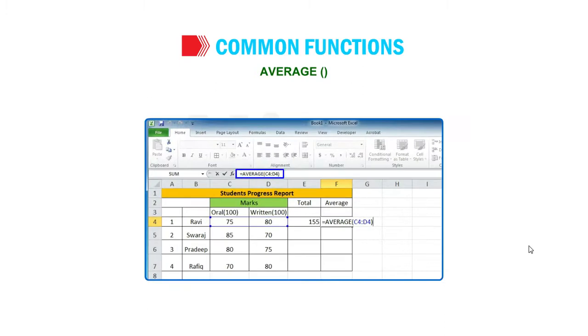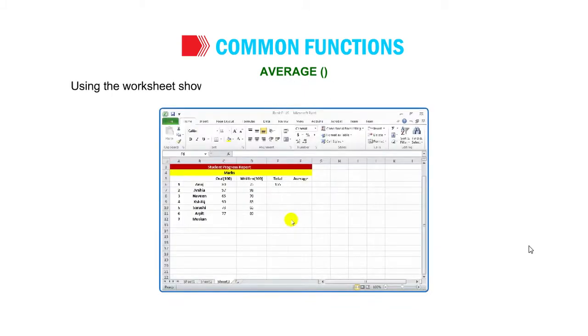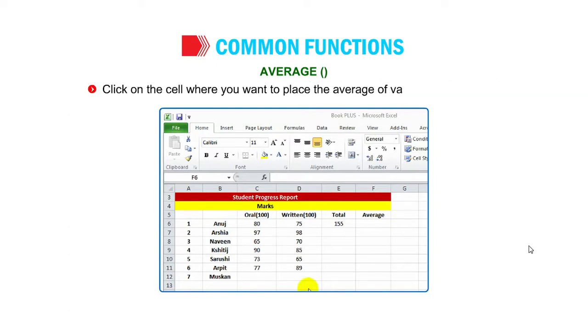AVERAGE. The AVERAGE function returns the average of the range values. The arguments can be a range of cells, simply numbers, or numbers along with cell references. Using the worksheet shown in the figure, let us calculate the average of marks obtained by Anuj. Click on the cell where you want to place the average of values. Let us say F6.